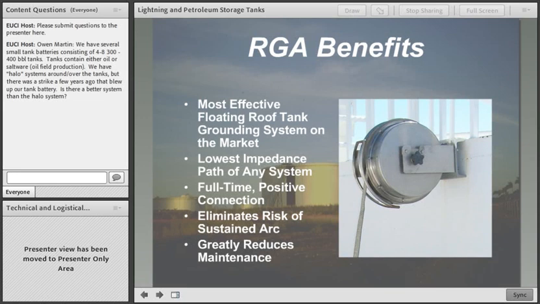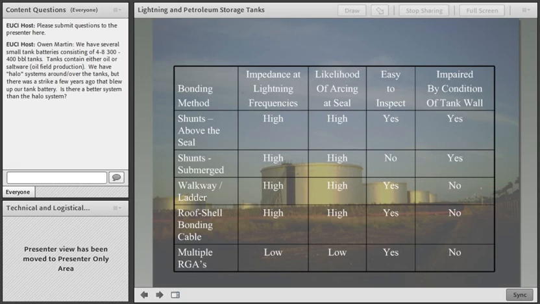So it will greatly outperform a conventional cable based on an impedance measurement, and it will also outperform conventional shunts, because since this is a direct bond, there would be no arcing or sparking associated with using a bypass conductor, as opposed to the arcing and sparking that you can get when using shunts.